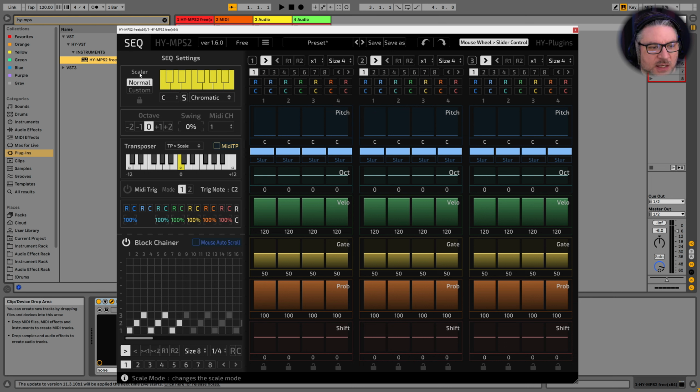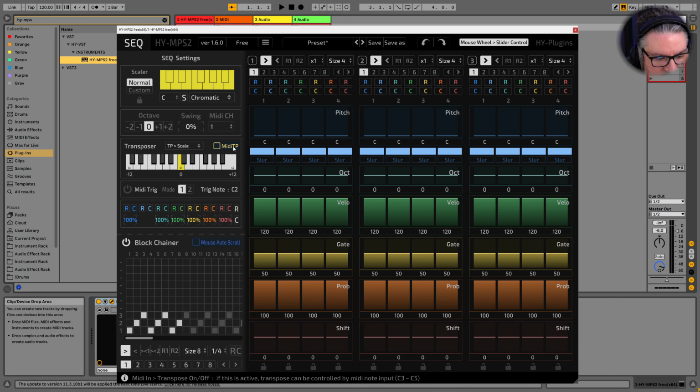There's also a new thing in this one where you have a scaler, and I'm not sure how to use this. We might have to read the docs together for that. You have a master octave, swing, and MIDI channel output. And it looks like maybe it's as simple as you choose a scale and the pitch automatically locks to what you have there. And based on what I'm reading here, it seems like that is the case because we have transposer to scale or scale to transposer.